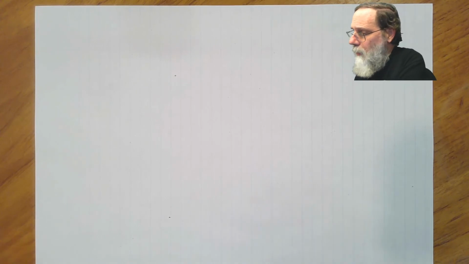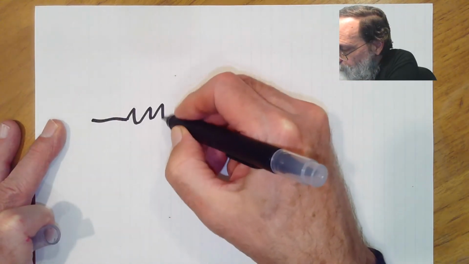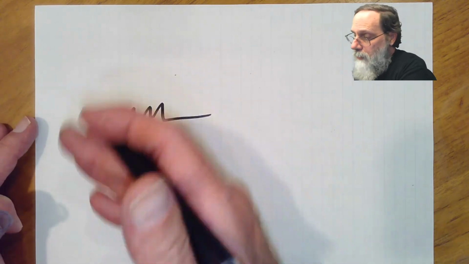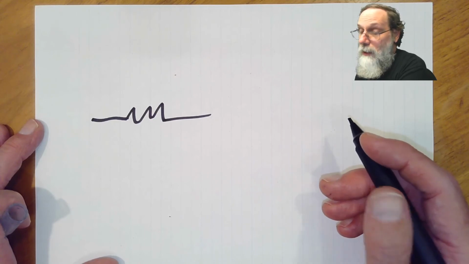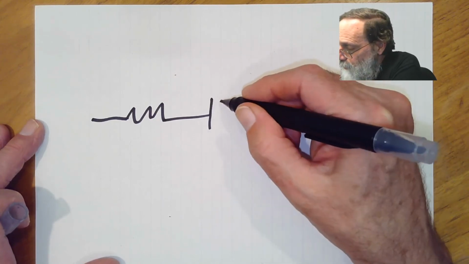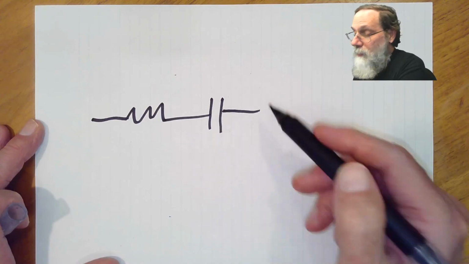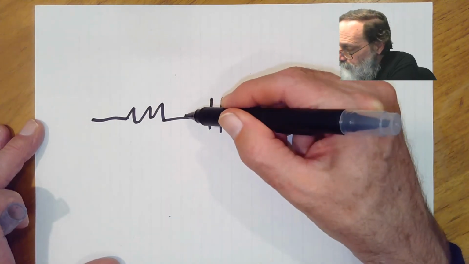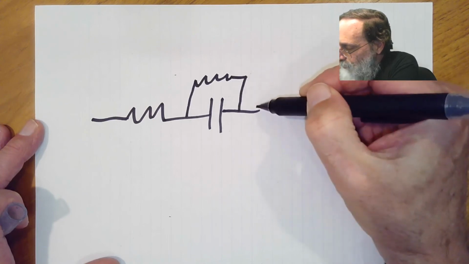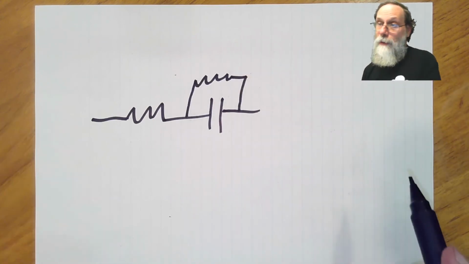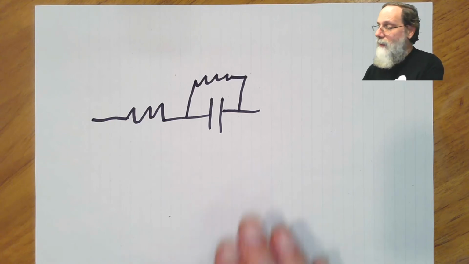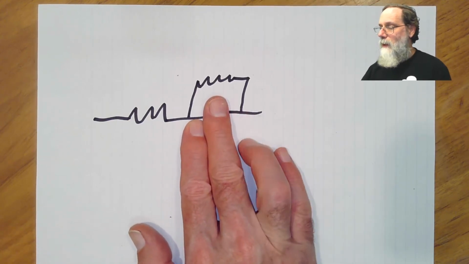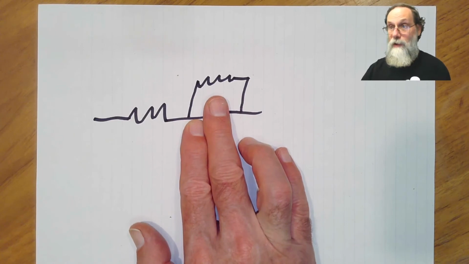So we have a resistor, which is what we would expect if we had a non-polarizable electrode. We put that in series with a capacitor, which is what we would expect if we had a polarizable electrode, but the polarizable part has a resistance in parallel with it, which is basically leakage through the insulator. So if we had a perfect non-polarizable thing, this capacitance would basically disappear and we'd just have those two resistors in series, we'd have a resistor.